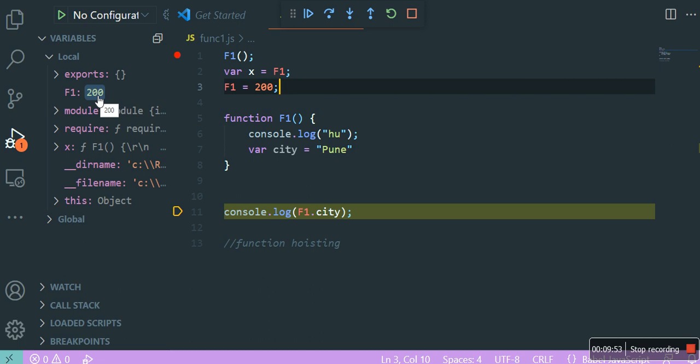Okay, colon means what? Let's say we say x colon, so what do you think colon means? This colon in an object is a key value pair, or I can just say this is the variable and this is the value. X is a variable with a value, F1 is a variable with a value. So the point you're missing is that F1 is a variable. That is the point you miss.